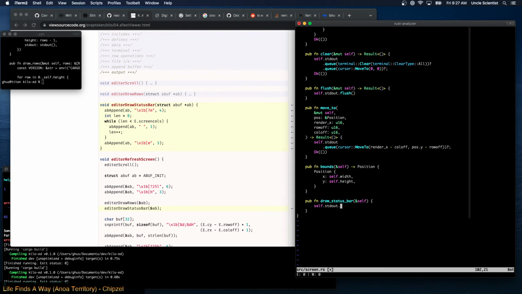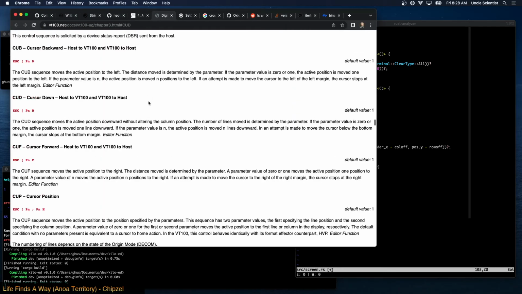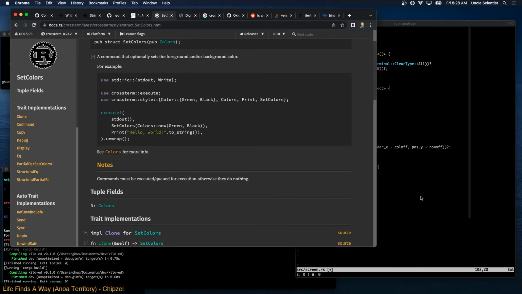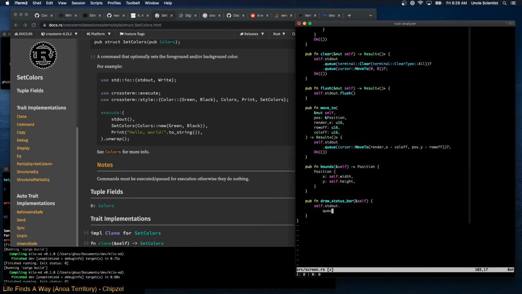I'm trying to think. Is there a way, like in Python or Perl, you can multiply a string and just get that many spaces? Is there a way in Rust you can do that, or do I have to do this business here? Oh, I guess I could just format one, right? That's simple enough. So let's set the colors inverted. Oops, that's the wrong one. I guess I want that as a reference. So we say self standard out, queue, style, set